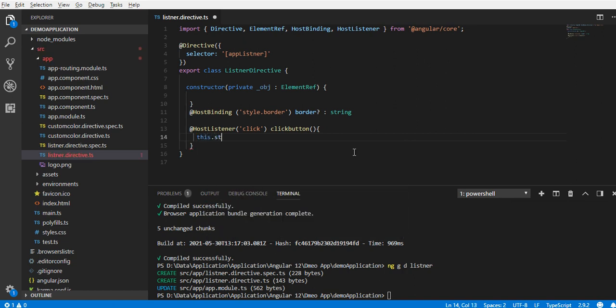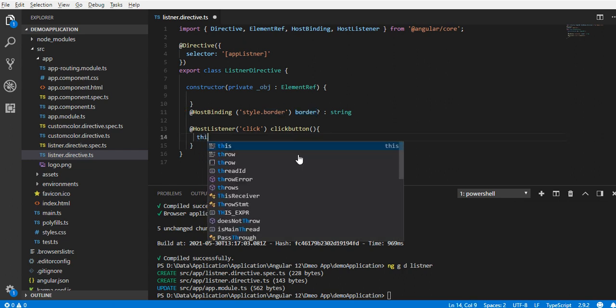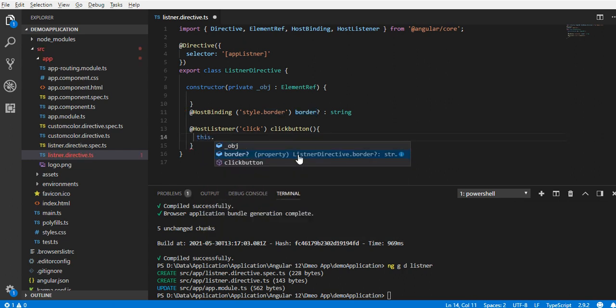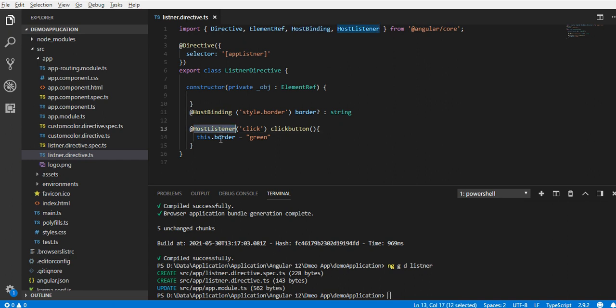We will change just the border, right? So style dot border holds this variable border. So this dot border equal to, let's say red we have already used, let's say green. So this much code is required to use the binding and listening.